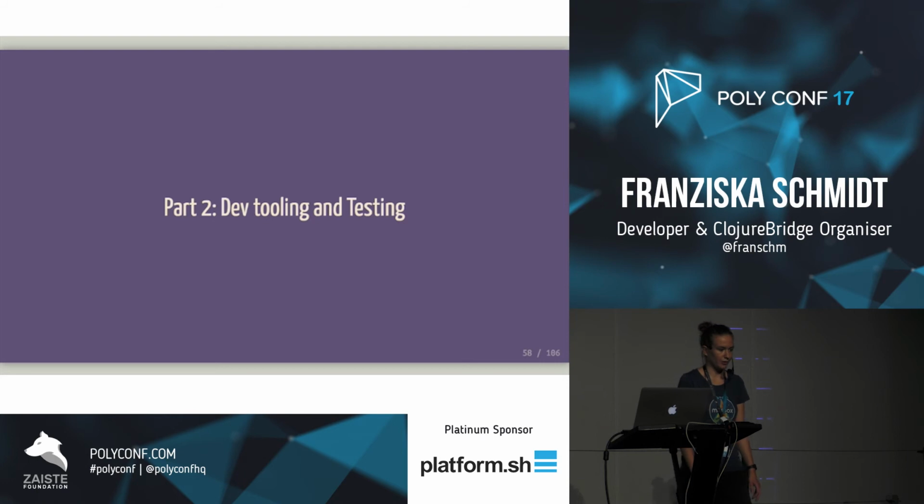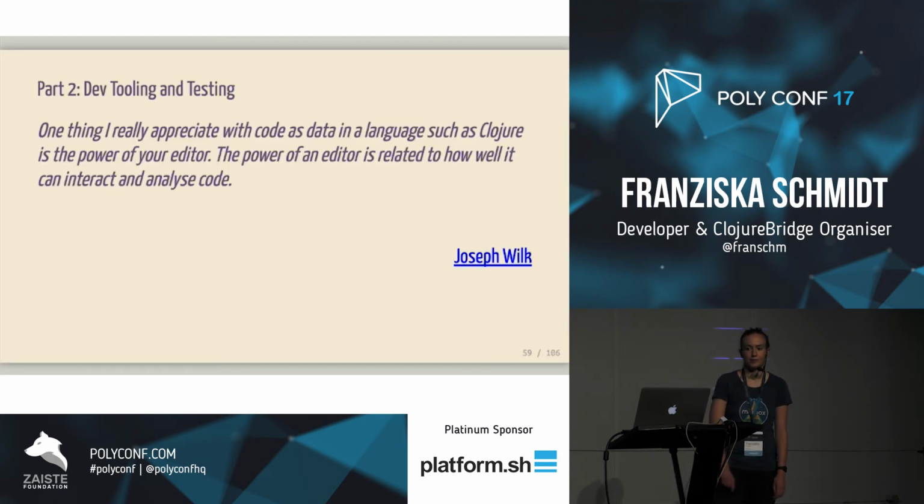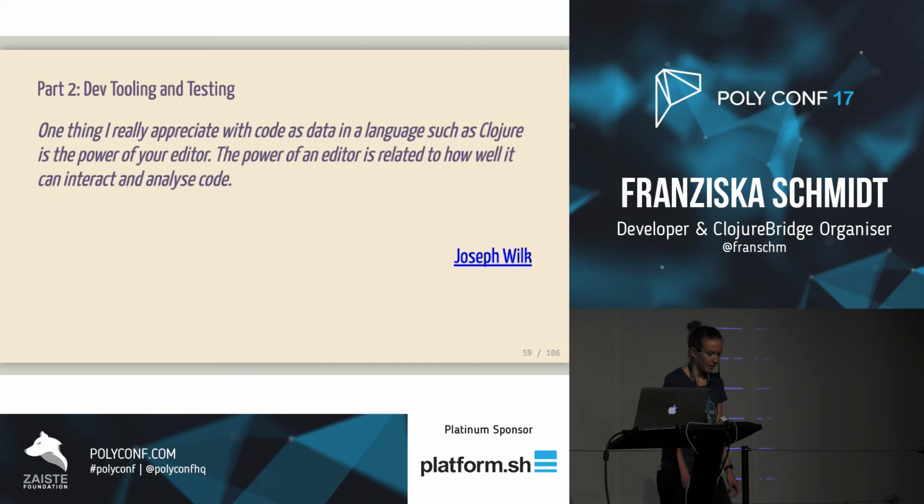During my research about homoiconicity, I stumbled over this quote by Joseph Wilk. "One thing I really appreciate with code as data in a language such as Clojure is the power of your editor. The power of an editor is related to how well it can interact with and analyze code." And that really opened my eyes, because I realized that, yes, exactly, the reason why we have